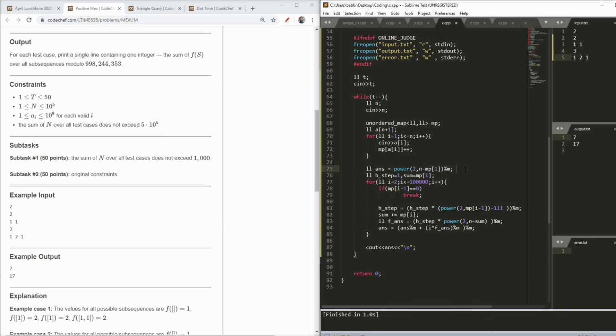And if the array has no element which is 1, so as you can see, n minus np of 1, which means the number of occurrences of 1, if that is 0, then our answer will be 2 raised to the power n. So it is basically the answer, so let's move on further.